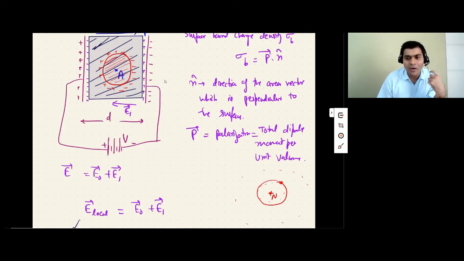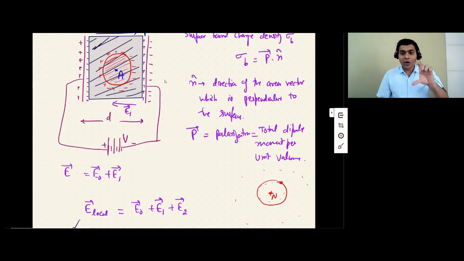What is the exact amount of surface charge density on this cavity? We'll calculate in a short while. But due to this surface charge density produced on the surface of this cavity, there will be an electric field at A. So let me call that electric field E2, and there is an electric field at A